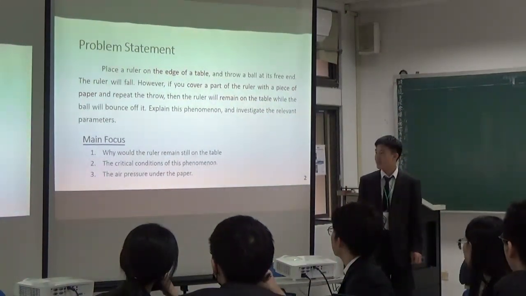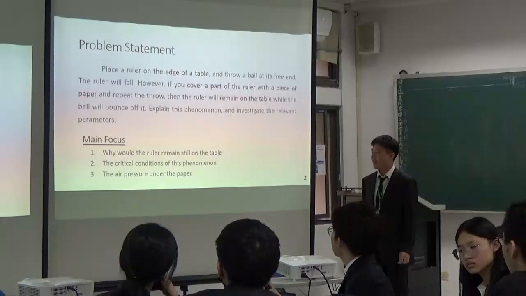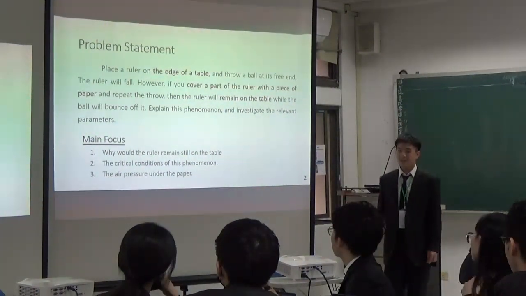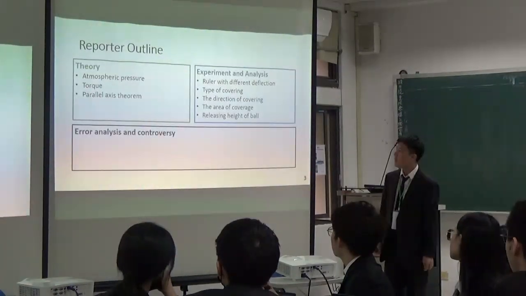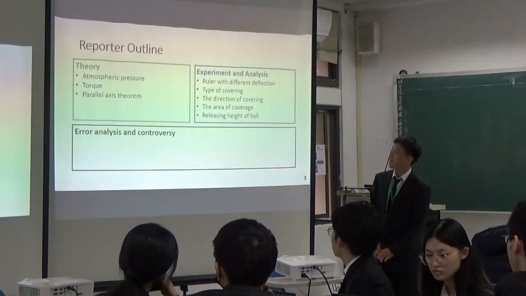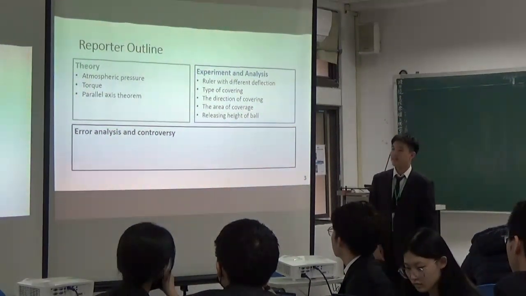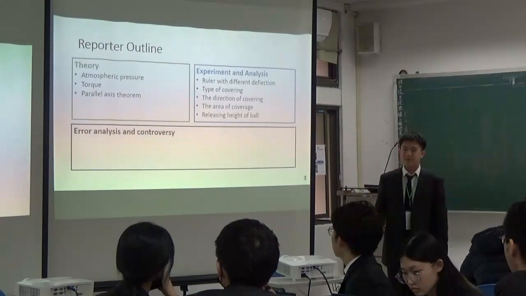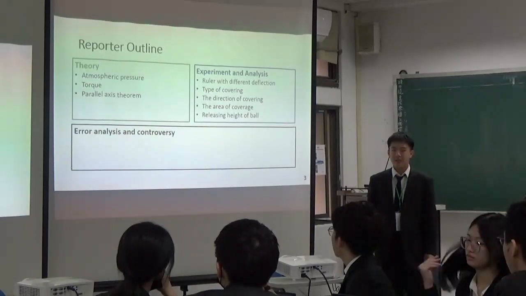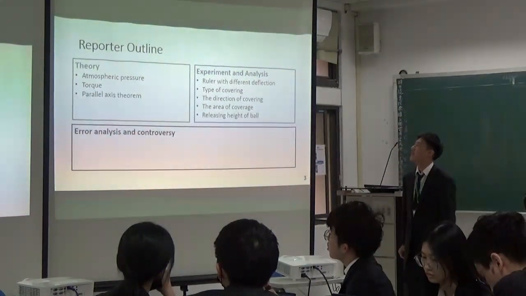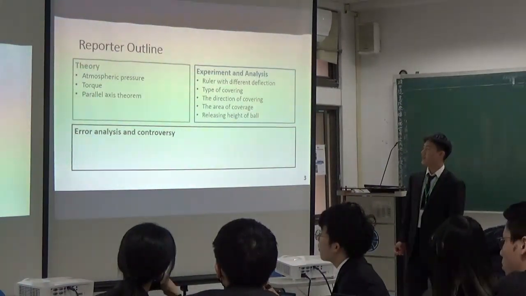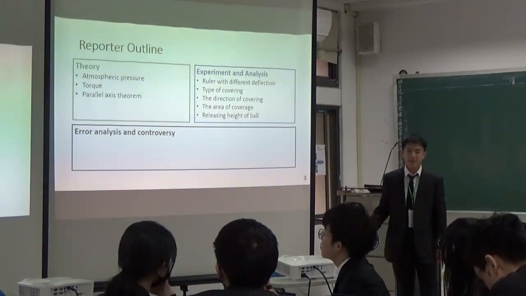So I'll be mainly focusing on why the ruler remains still on the table, the critical conditions of this phenomenon, and also the air pressure of the paper. And this is the outline of the report. First she talked about atmospheric pressure as her main force acting on the paper, and also the torque and the parallel axis theorem. And for her experiments, she tested a ruler with different deflection, which I'll talk about later,